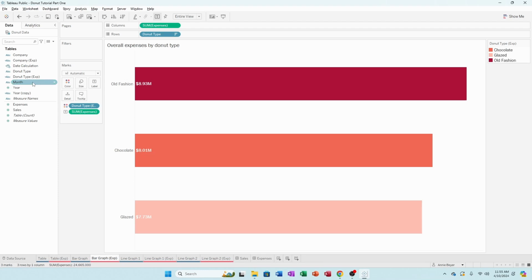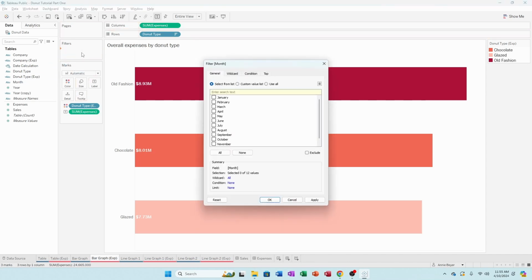One reason why I left this month and year field as is, instead of hiding them or deleting them after making the date calculation, is because sometimes you use them for filters. So in our case, we're going to use the month as a filter. Go ahead and click and drag that onto your filter card. Here it's going to give you some options as to what it's going to show. I'm going to start by clicking all